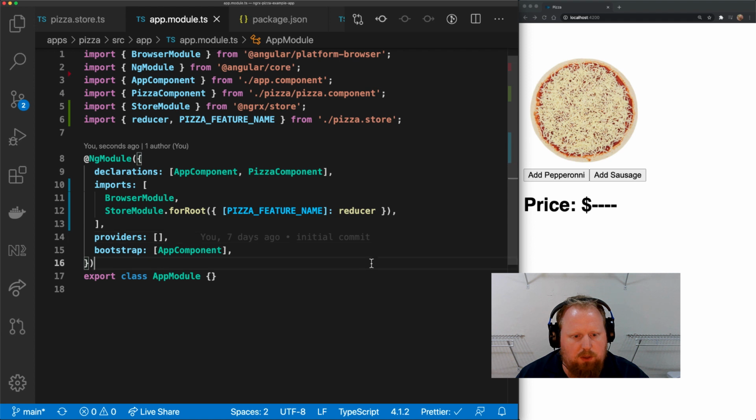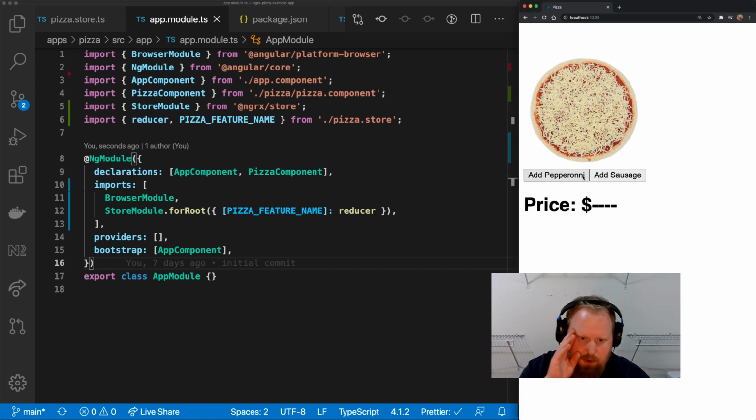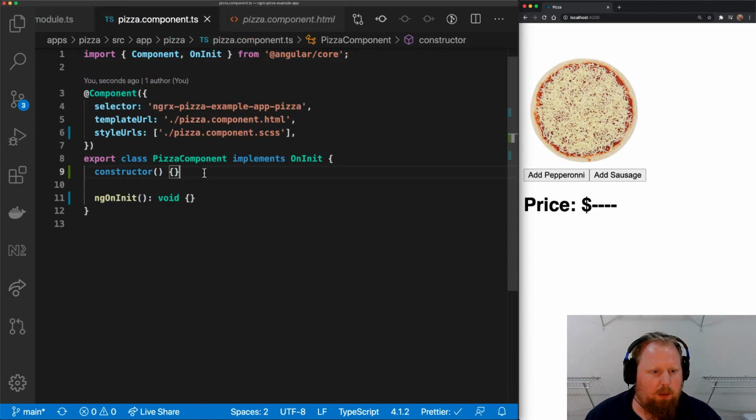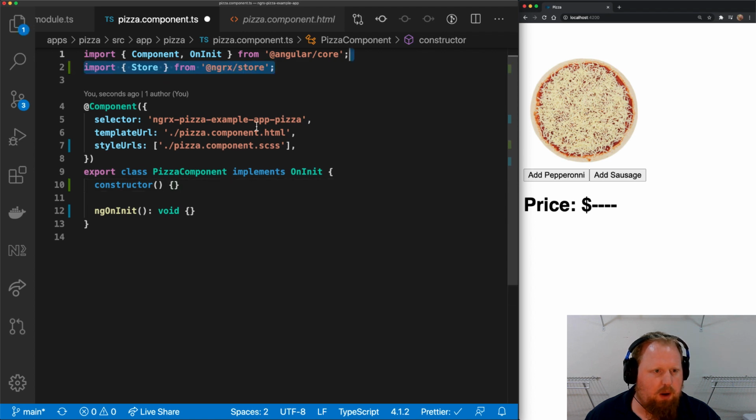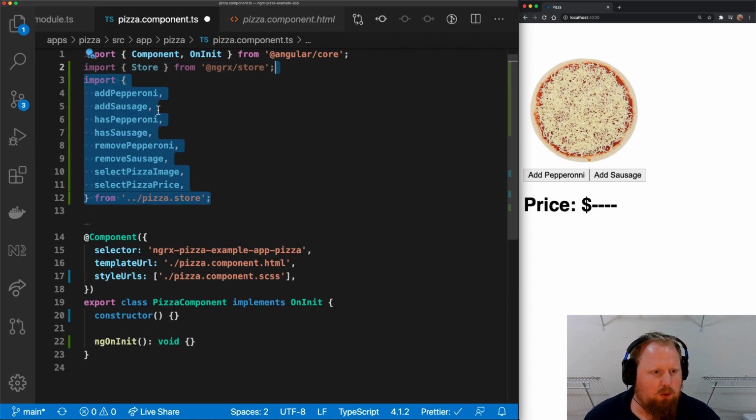And we'll see as we go into our pizza component, we can do some stuff in there to make our app fully responsive to the user clicking various buttons and whatnot. All right, moving on to our component TypeScript class, we are going to start by importing the store from our ngrx store package. We're also going to import our 4 actions that we created